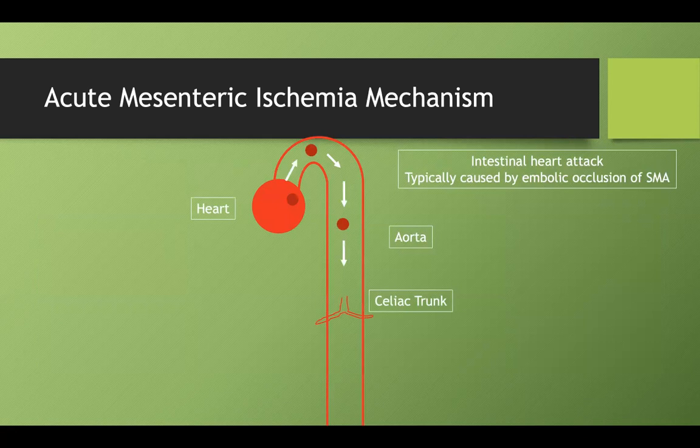So the first structure it'll reach is the celiac trunk, but because the celiac trunk branches off the aorta at such an extreme angle, it usually avoids getting a clot lodged into it. The problem with the SMA is it's pretty straightforward. It's not that extreme of an angle, so you can get a clot, and this would potentially cause acute mesenteric